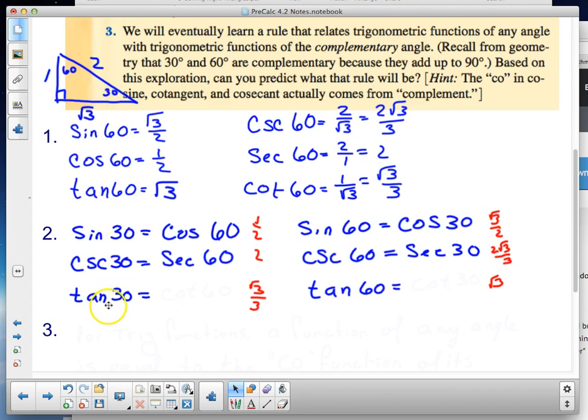Now, the tangent of 30 is the same as the cotangent of 60, the square root of 3 over 3, and the tangent of 60 is the same as the cotangent of 30, which is the square root of 3. These are very curious, because 30 and 60, the two angles, add up to 90. So if I'm looking at tangent and cotangent, cosecant and secant, sine and cosine, these are called